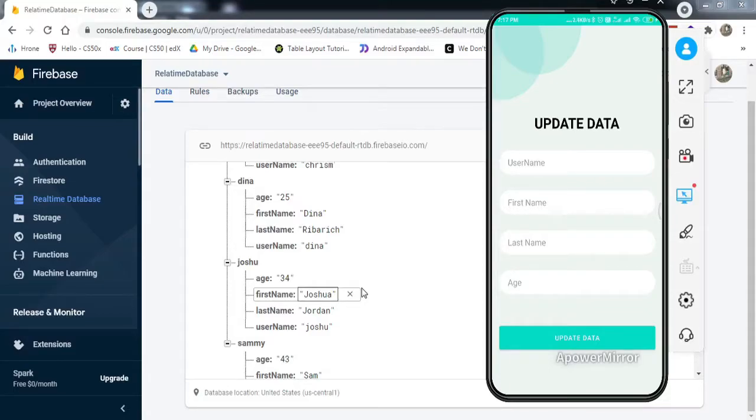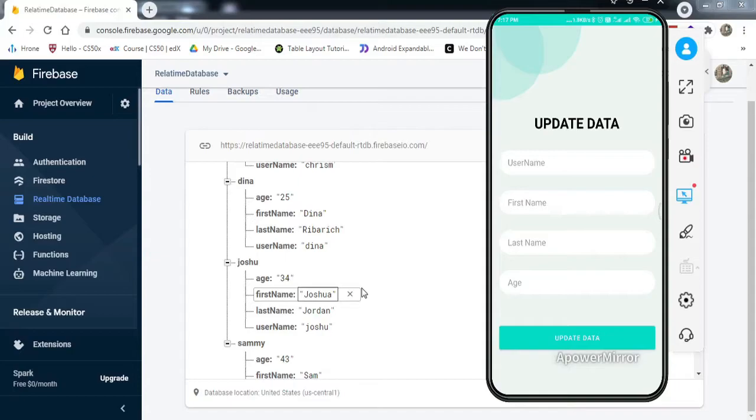So this video will be in continuation with our real-time database series, right? In the last two videos we have learned how to read and write data to the real-time database. In this video we'll learn how to update the data. If we have existing data and we want to change certain things in that data, or we want to update the data, how do we do it?